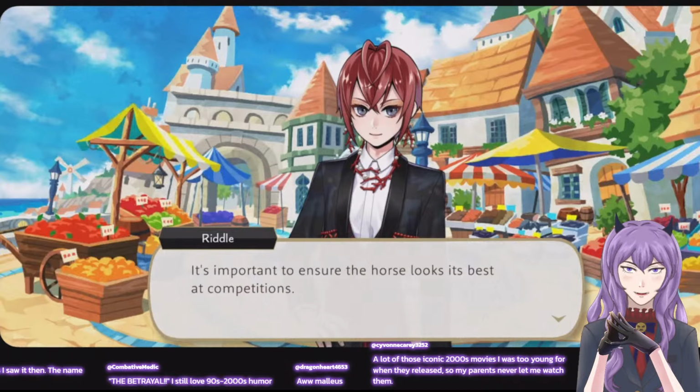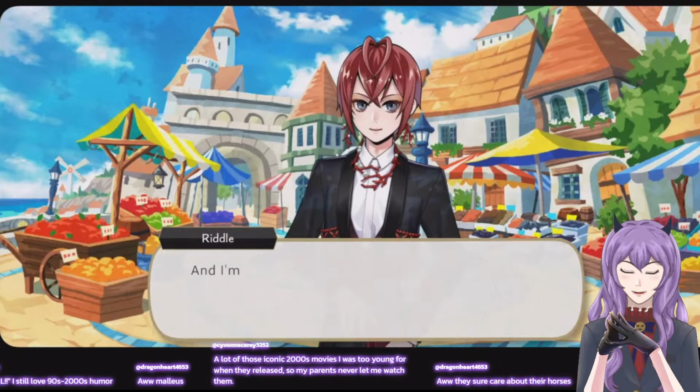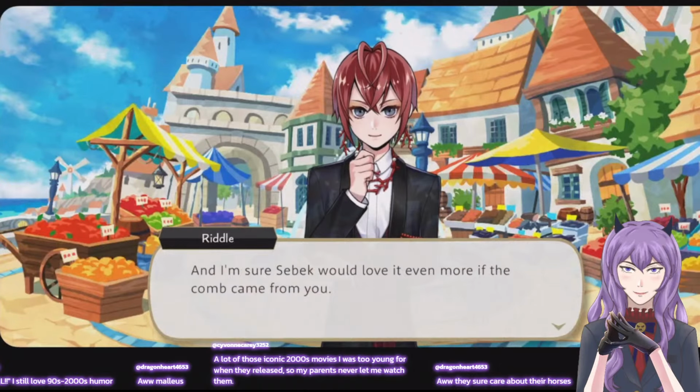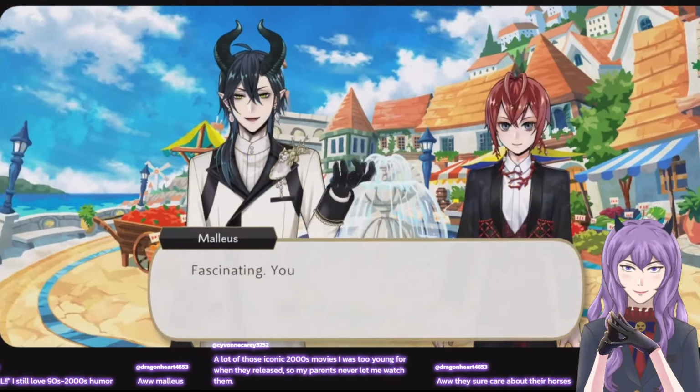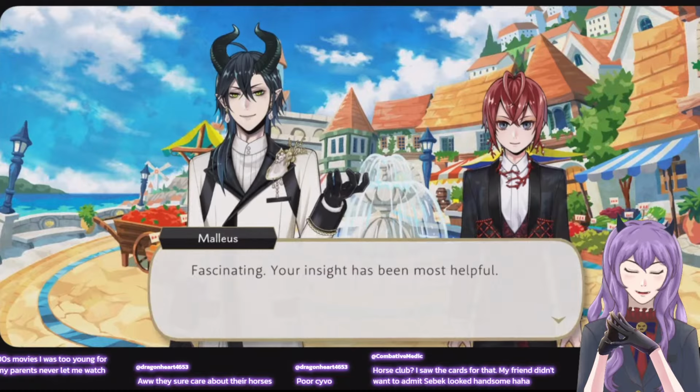Important to ensure your horse looks its best as competition. True, it also depends on competition for horses, right? Because there's show jumping, there's dressage. Of course, Sebek will worship it. You're gonna give Sebek that comb and it's gonna be a family heirloom passed down from generation.